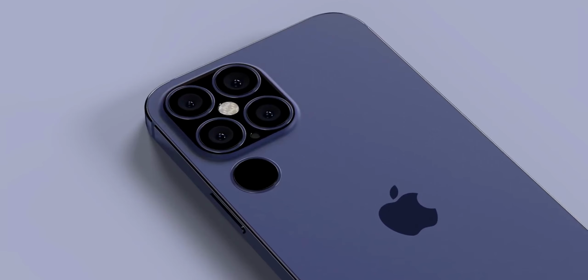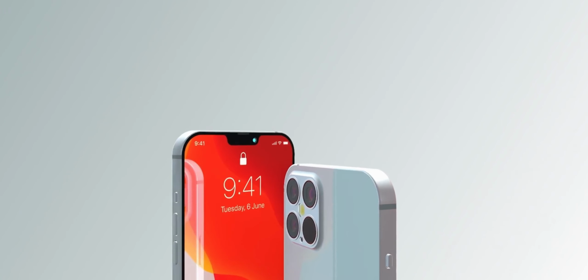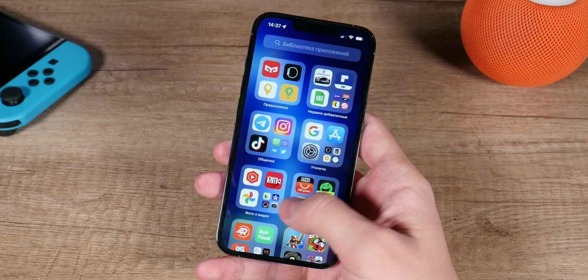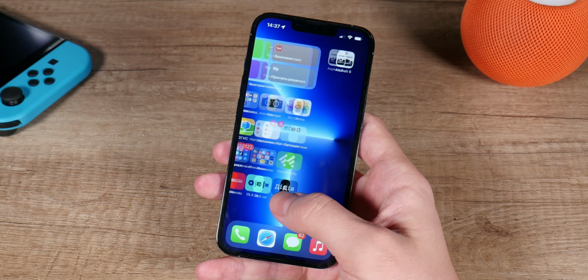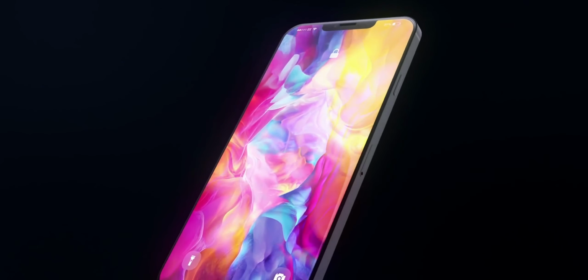A leak from Shadow Leak claims that the iPhone 14 will have a 6.08-inch display, rounded up to 6.1 inches, and the iPhone 14 Max will have a 6.68-inch panel, rounded up to 6.7 inches. That's the same as the iPhone 13 and iPhone 13 Pro Max. Given the iPhone 13 Pro and 13 Pro Max have 120Hz refresh rate displays, it would be great to see